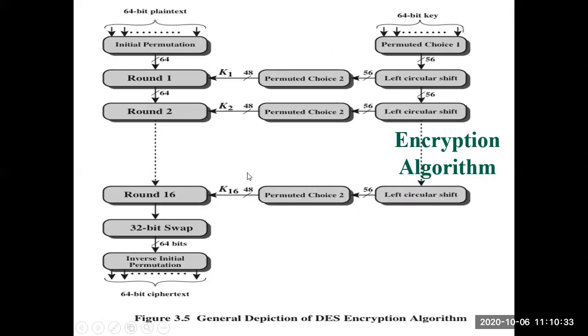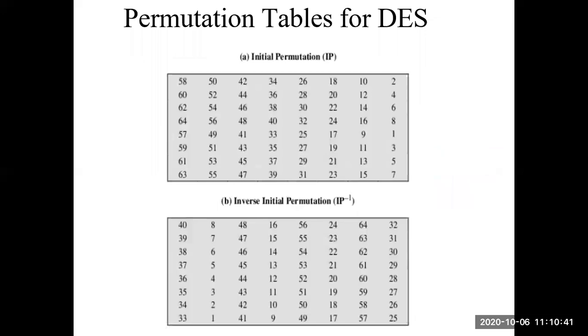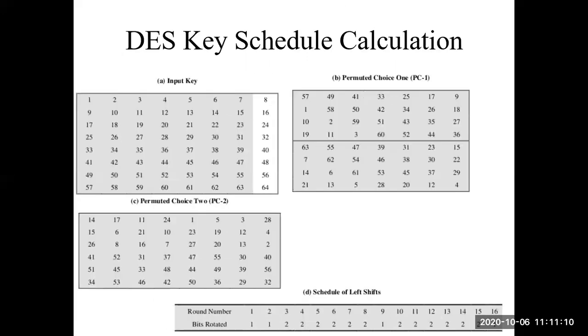So, you can observe this is the complete block diagram of the DES encryption algorithm. The initial permutation is an 8 cross 8 matrix where we have shuffled the bit values like this. Okay, and IP inverse will be the inverse of this initial permutation. You can't remember all this. You can just practice and write arbitrarily. You say permutation tables will be 8 cross 8 matrices, and IP inverse will also be that.